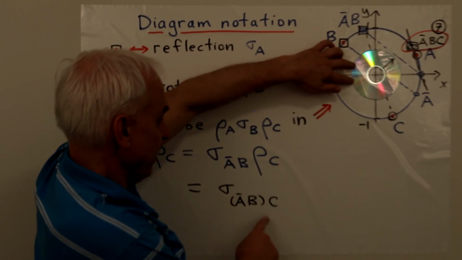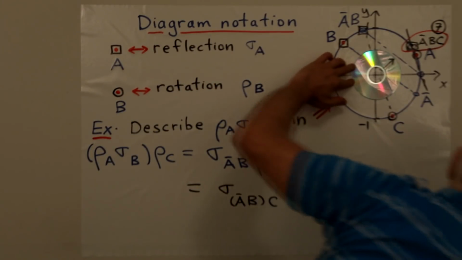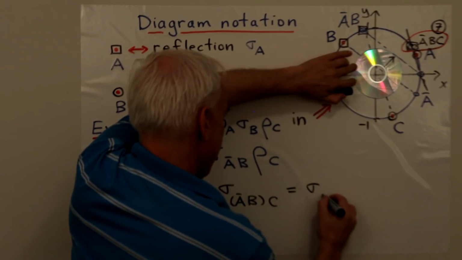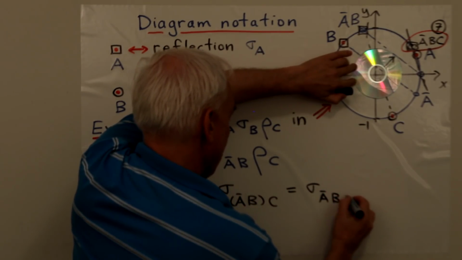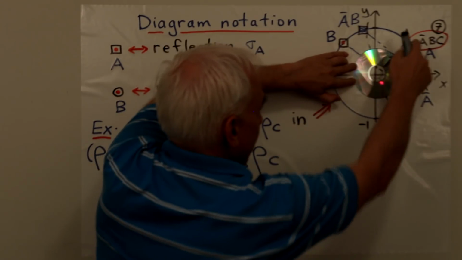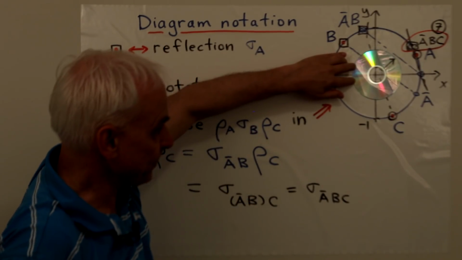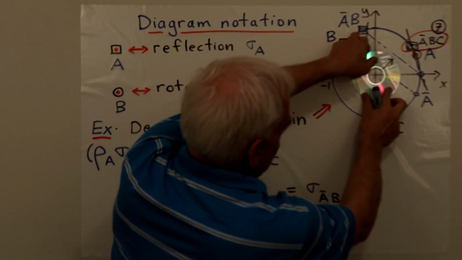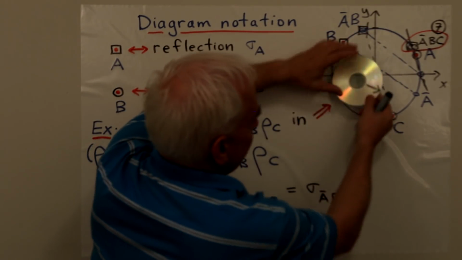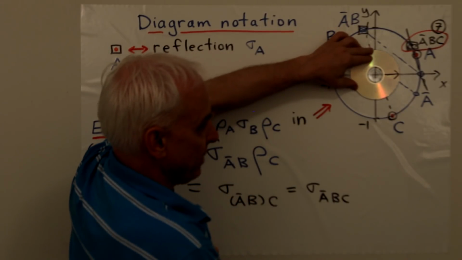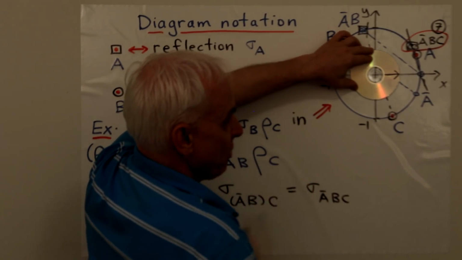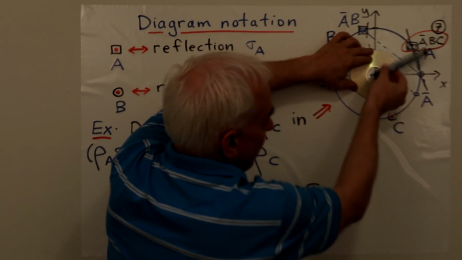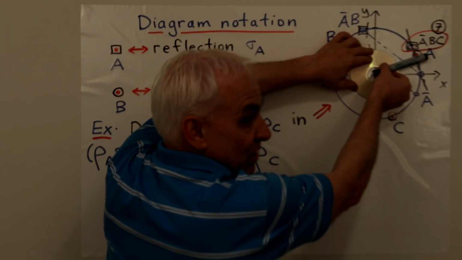On the other hand, what is this thing? Well, maybe I should rewrite it as sigma A bar B, see, because we don't need the brackets. That's this thing here that we've got. Well, we see that that's pretty well what we've got here, because if we just did this reflection, it would be the reflection that starts with the plane like this, and then reflects in what? Reflects in the bisector of this line joining these two things. That would be a line like this. Okay, that's the actual axis of reflection.